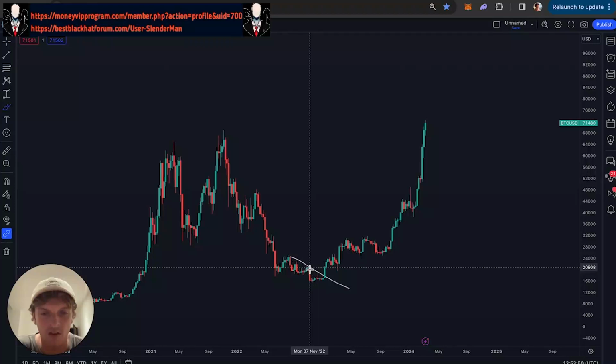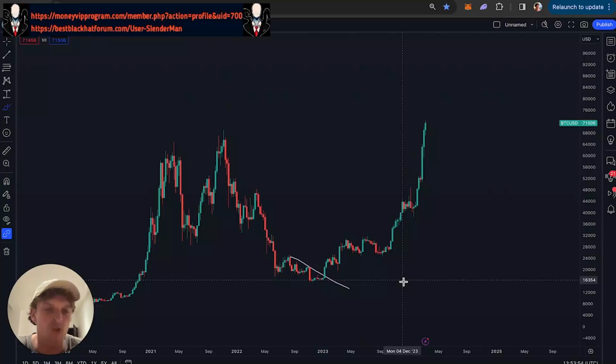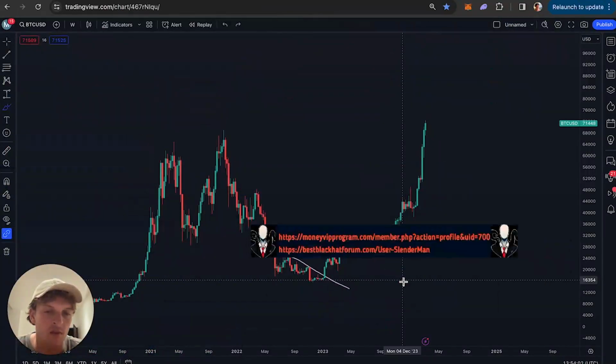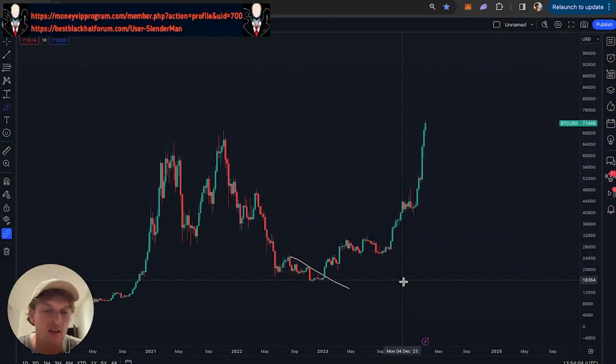Whereas with Bitcoin, I guess you could argue that this was support here, but the point I'm trying to make here is that the analysis I find using breakout and retest is a lot easier on smaller coins like meme coins with more organic price action than it is on a coin like Bitcoin, for example. That's just my personal opinion. I could be wrong, but